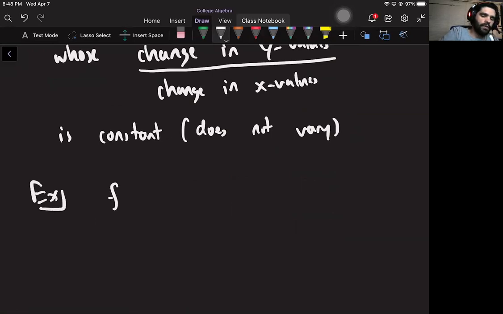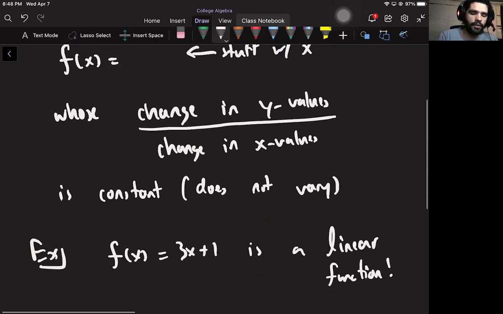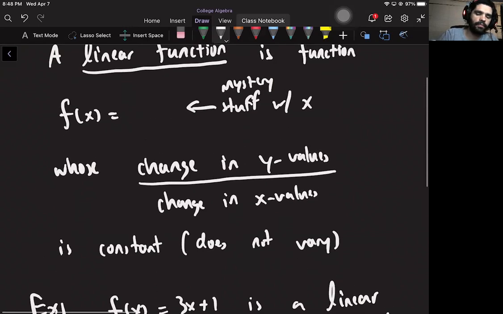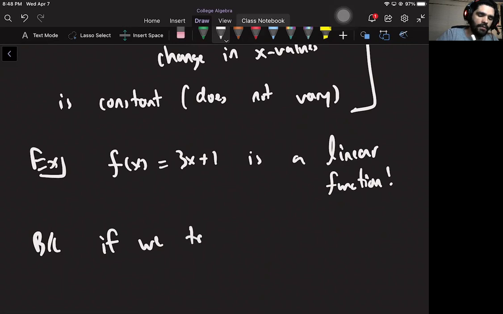So here's an example. 3x plus 1. This is a linear function example, and it's a linear function because it has this property. So let's see that it has this property. The idea behind this property is that if I take any two x values, really can be any two x values,